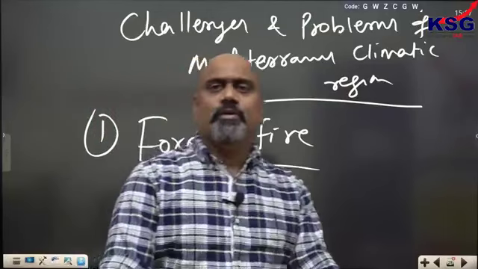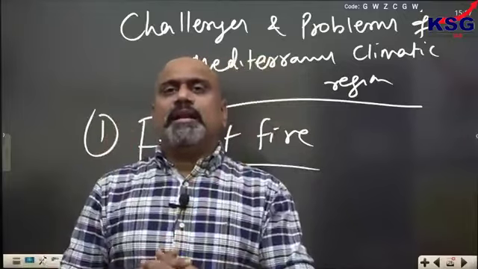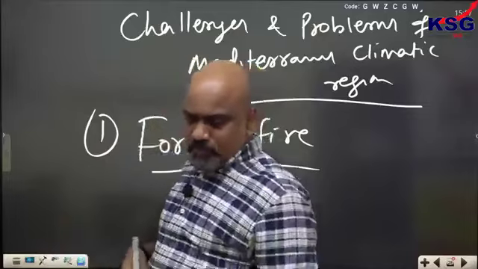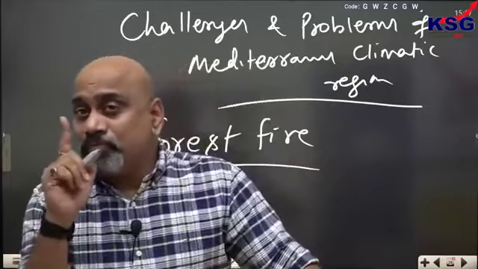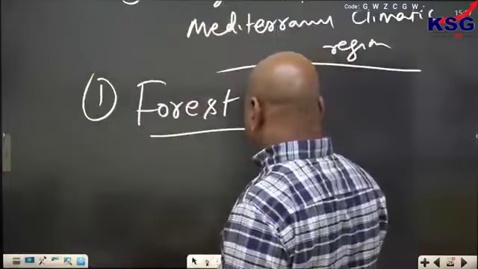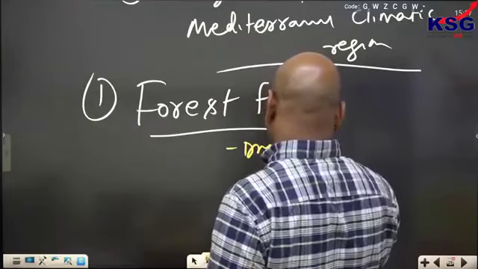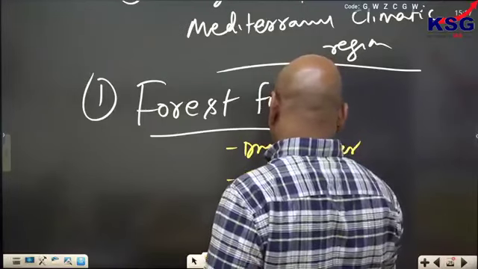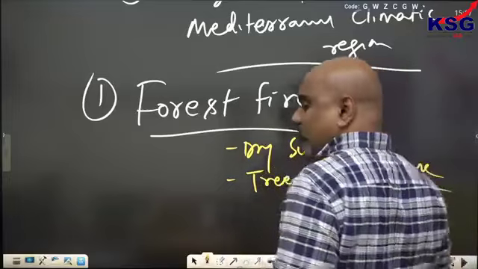Anyone? देखो, I told you that the Mediterranean region has summer dryness, winter rainfall. आपको याद है, dry summer? Yes, very good. Dry summer and moist winter. Dry summer है और मैंने आपको दो चीज बताया. वेजिटेशन को देखो, एक तो हो गया कि we have a dry summer, and the tree has thick bark. उसका जो खाल है ना,